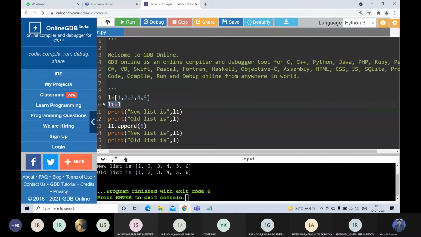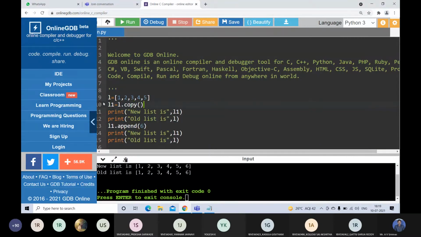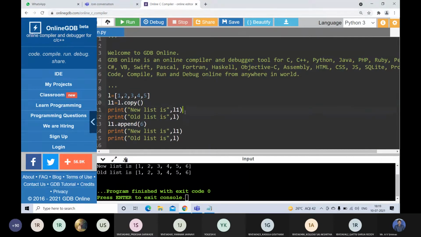Now see here. Earlier I wrote L1 equal to L. Now I am writing L1 is equal to L dot copy. So whatever elements are in L are all copied into L1. Now the new list is 1, 2, 3, 4, 5, and the old list is also 1, 2, 3, 4, 5.